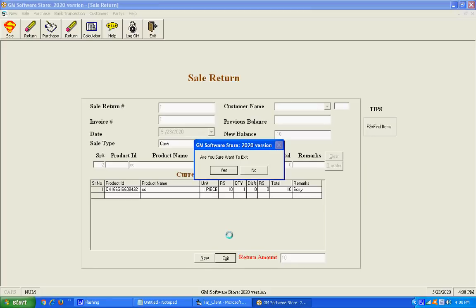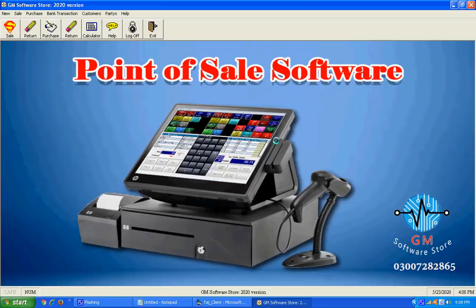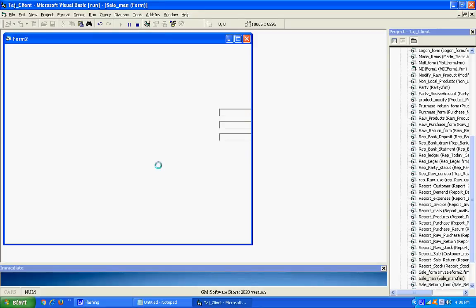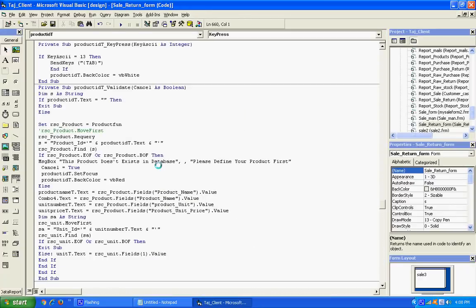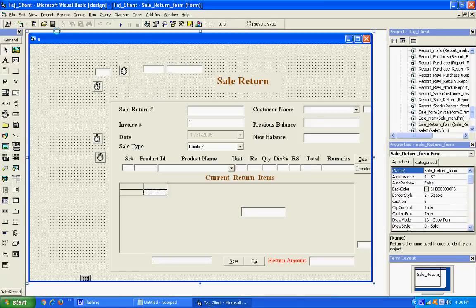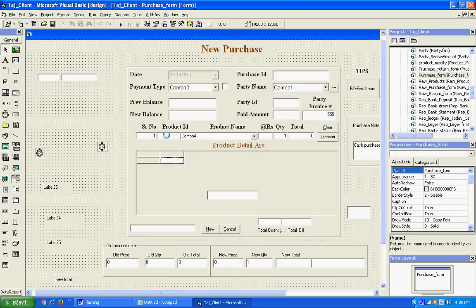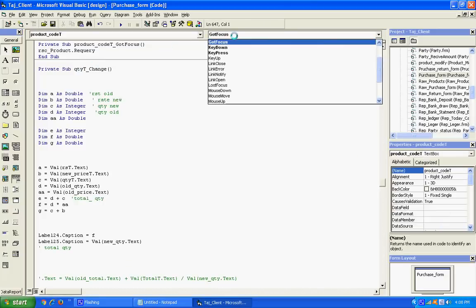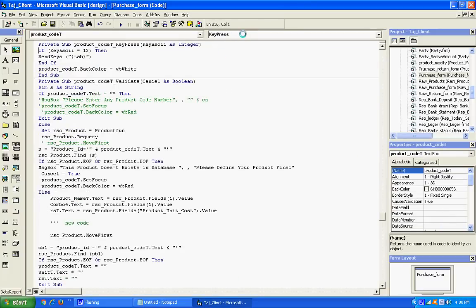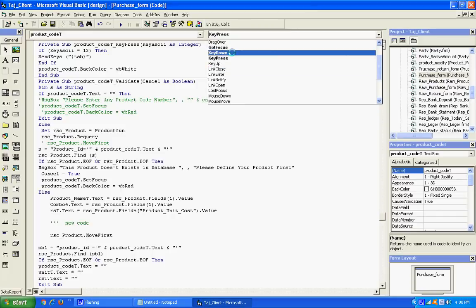Now I am going to work on the sale return and purchase form. First of all, I am going to check form key press, okay, key down, okay, guard focus, okay.